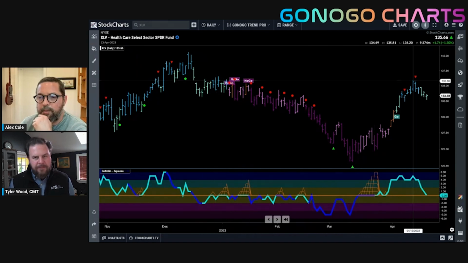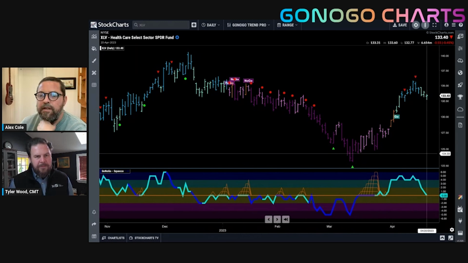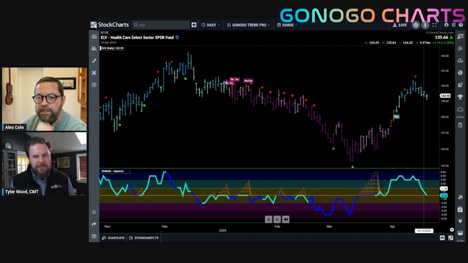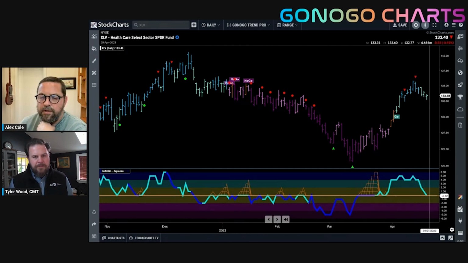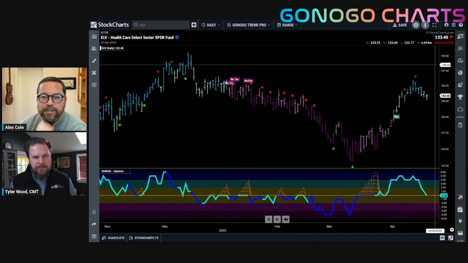As you can see, we came away from a counter trend correction arrow. We've pulled back, and now we're asking for support at the 0 line. So we're looking at the oscillator to see if it can hold the 0 line as support to perhaps allow this trend to continue.